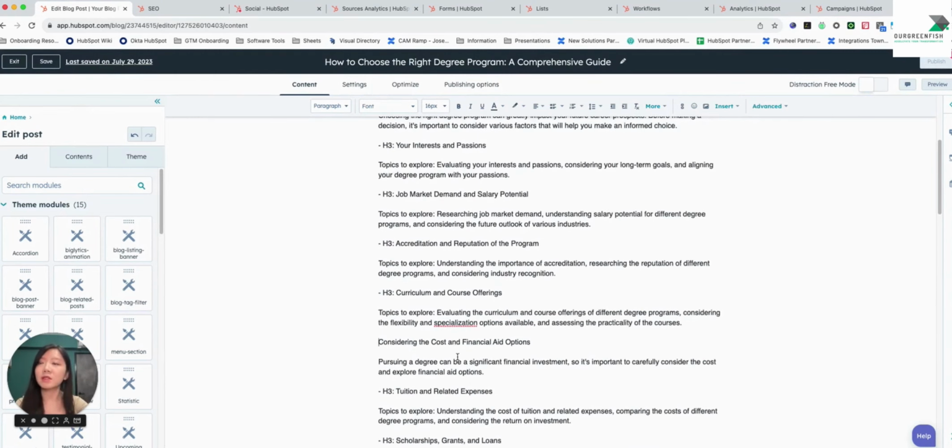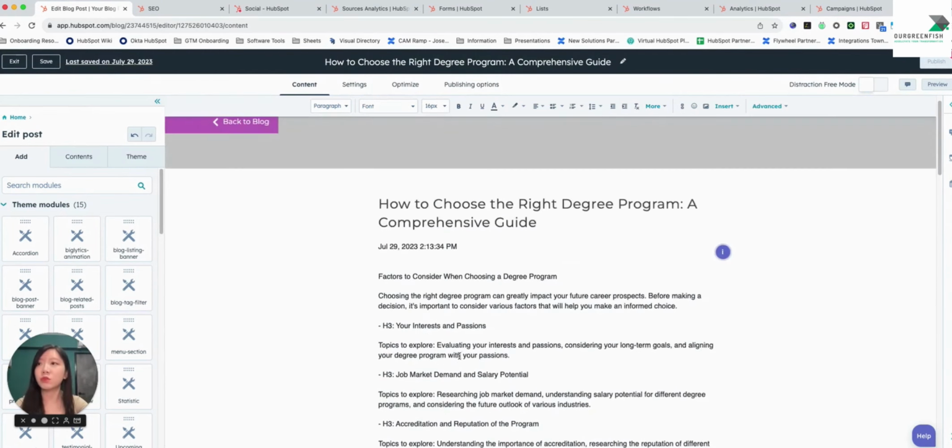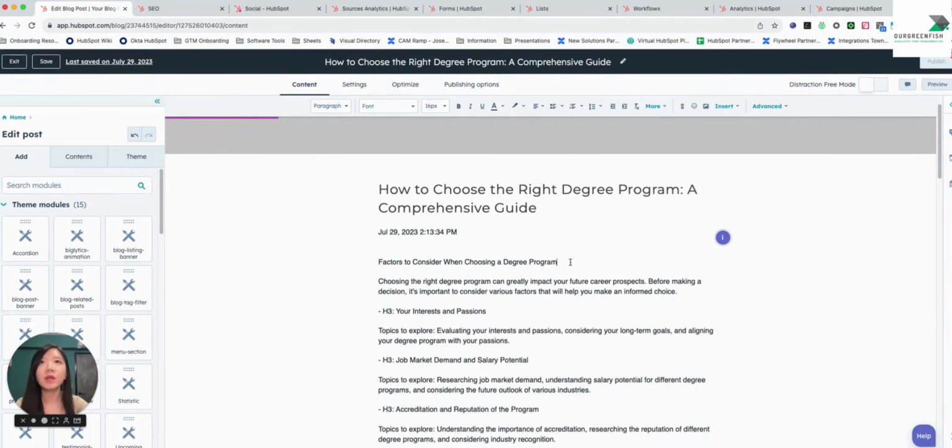So the idea here and the outcome you want to achieve is being able to create a really good blog post in record speed. And you can see here, I can just amend it to my H2 and amend this to my H3 as well. We can take this one step further by generating a paragraph based on